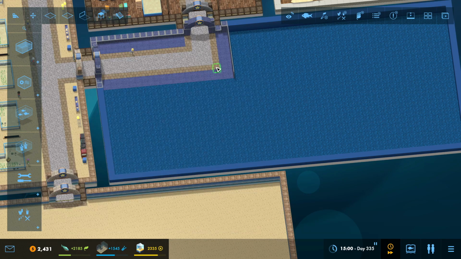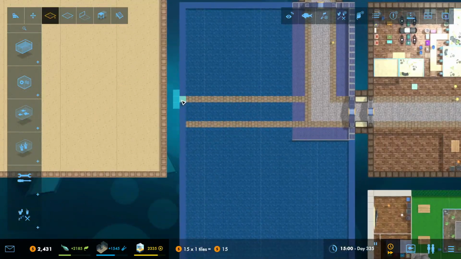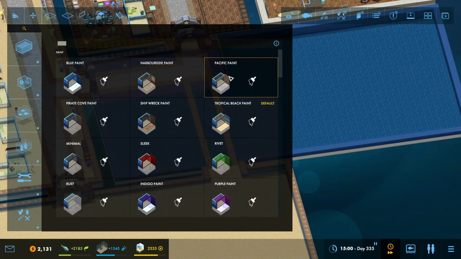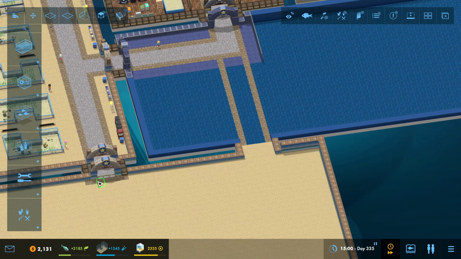So we'll do the harbourside paint. We'll go all the way down to there. Okay, so now we know that we want to cut this bit out just there, like that, and then we can bring this all the way in. So the harbourside paint. And what I think we want to do is bring this in